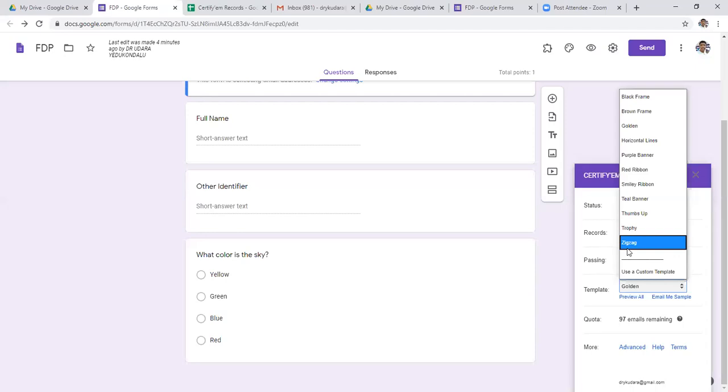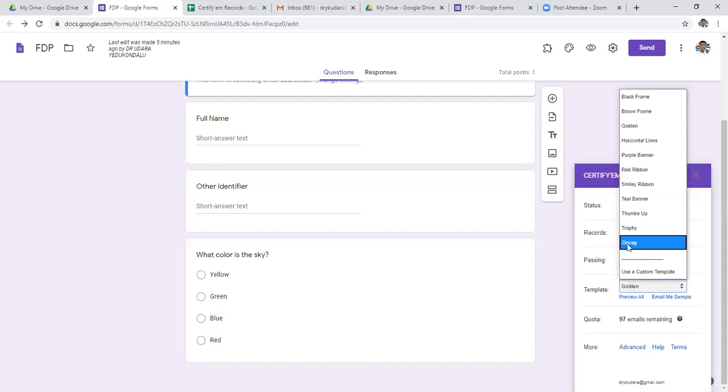The first one is the internal inbuilt default certificates, which we can modify and generate the certificate for the participants. That is one case. And the second case is if you want to design your own certificate, we can design it and insert whatever text we want, then we can issue the certificates. So there are two ways to generate the e-certificate.